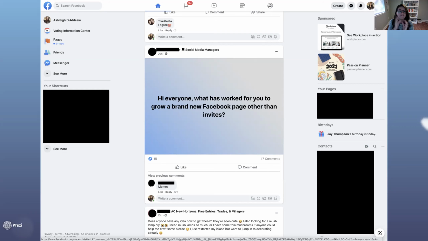Now, if a post is posted on a page and someone shares that post into a closed group, all you have to do if you really like that post is to click on the original one, go to the original post, back to the page and share it from there.